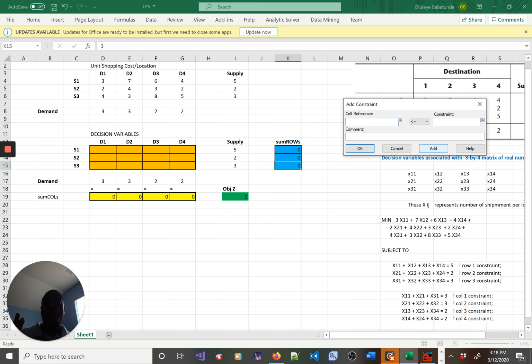For the column constraint, you must make sure what you have in demand here, these three, must be equal to this. So these two cells must be equal. So you can come here and have this number 3, this cell must be equal to